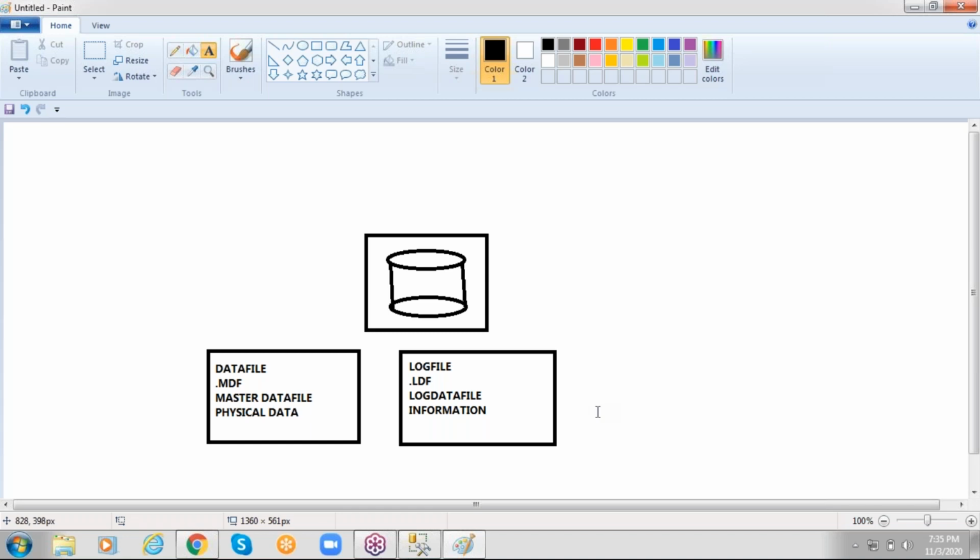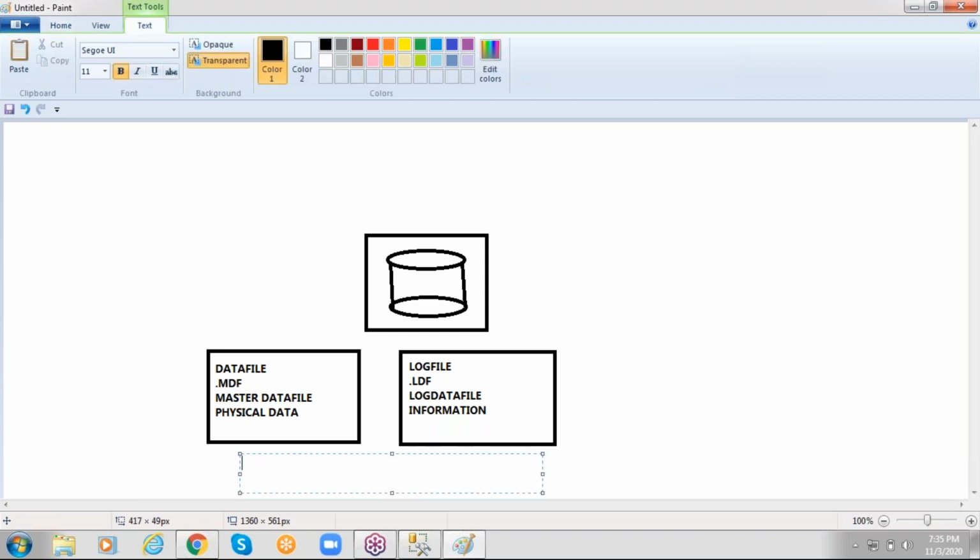Now the question is, what is physical data and what is information data? Tell me. Suppose you created some database.